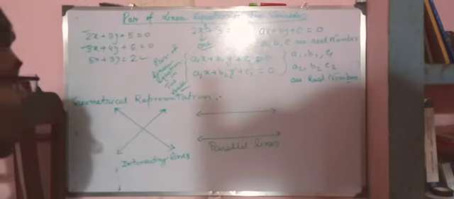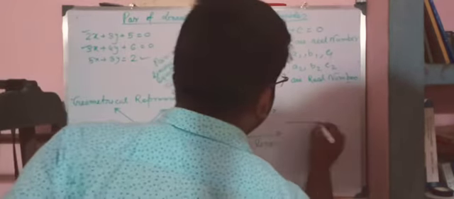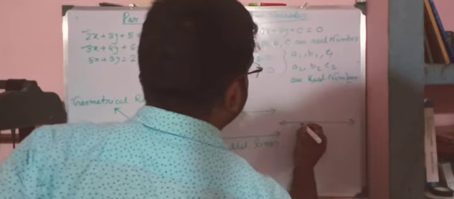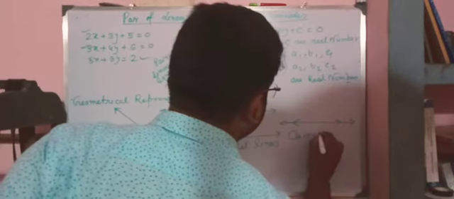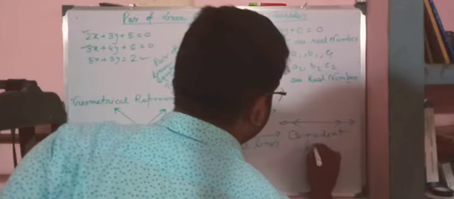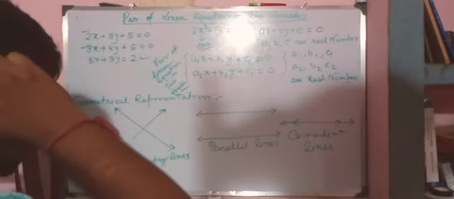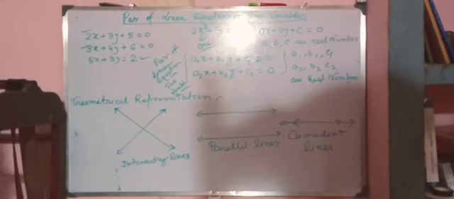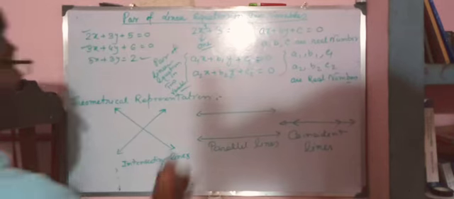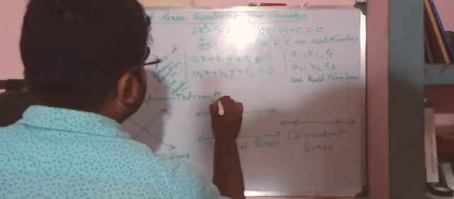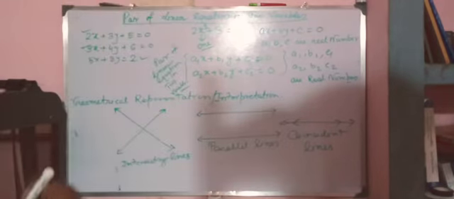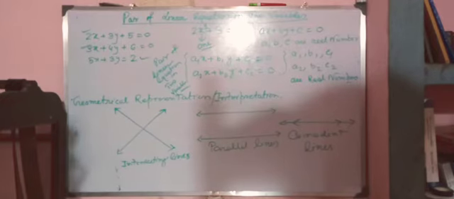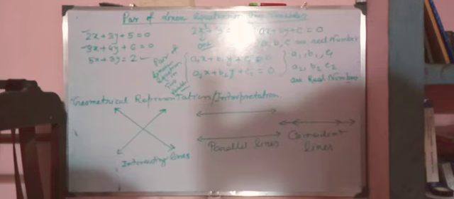Parallel lines and coincident lines. That means first line, then another line on top of it. So these are the coincident lines. Okay. So these are the geometrical interpretation or representation, whatever you say, of pair of intersecting lines, parallel lines and coincident lines. Okay. Next move to